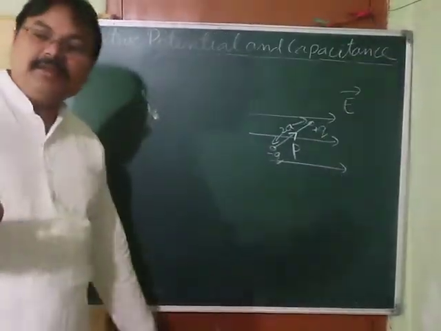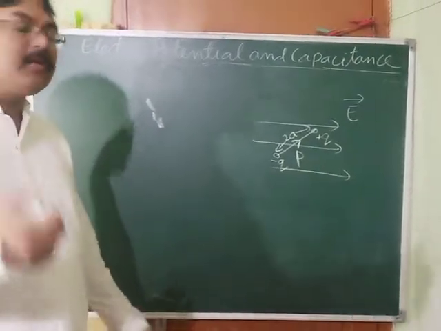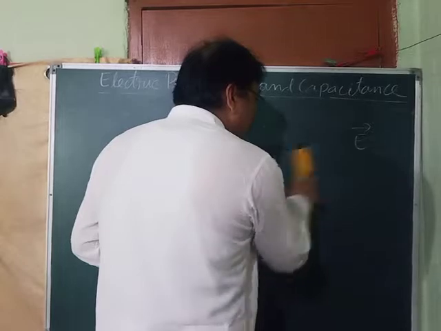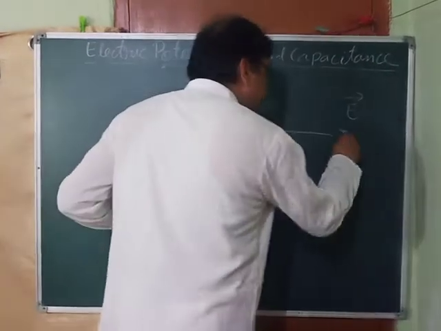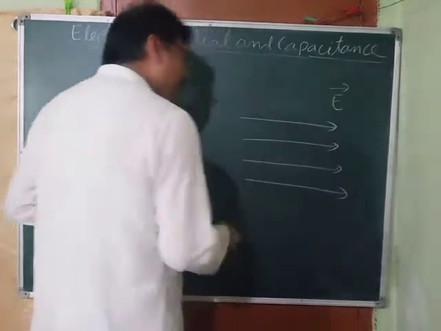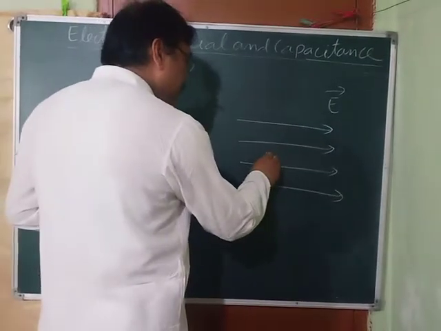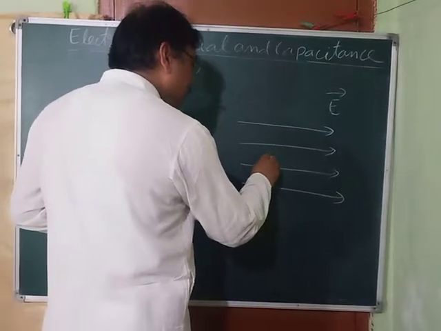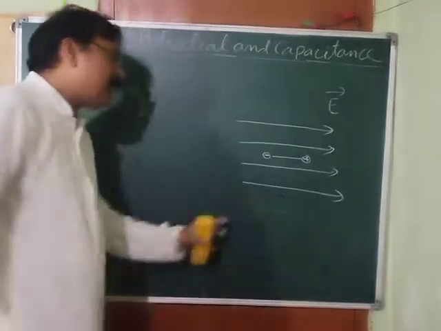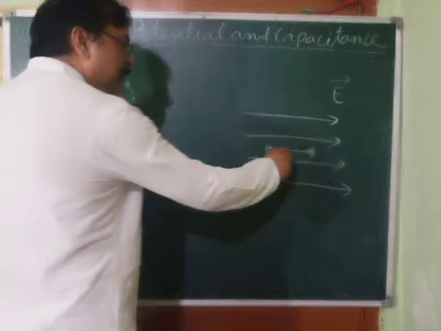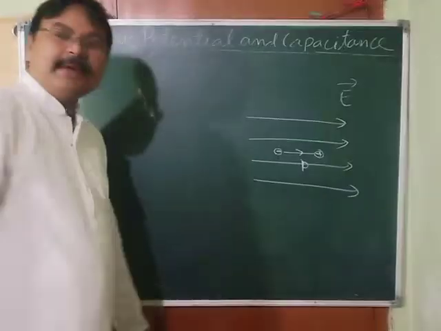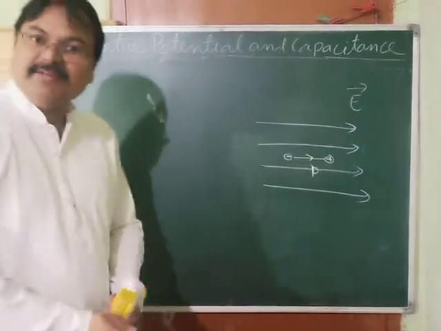Why I am saying stable equilibrium, I will explain to you. Have you written? Okay, nice. See, let me explain. This is the direction of the electric field. Suppose this dipole, this is the negative charge and this is the positive charge, is placed along the direction of the electric field, because this is the direction of the dipole moment P. So both are along the same direction, the angle is theta. That's what we have discussed.